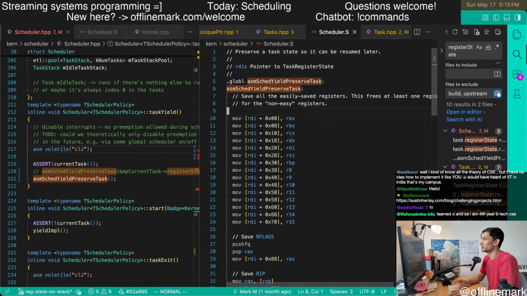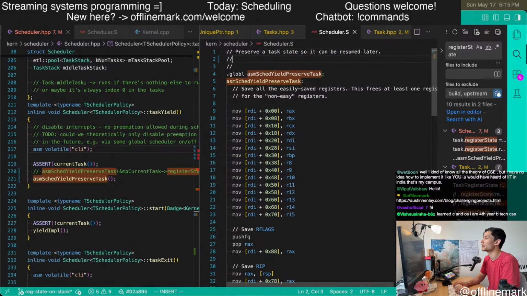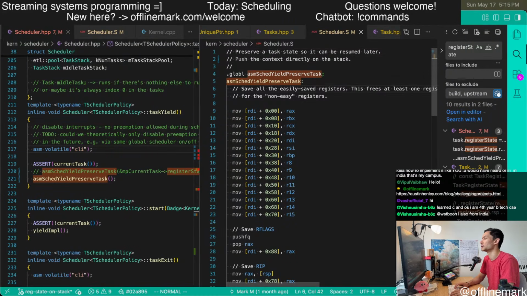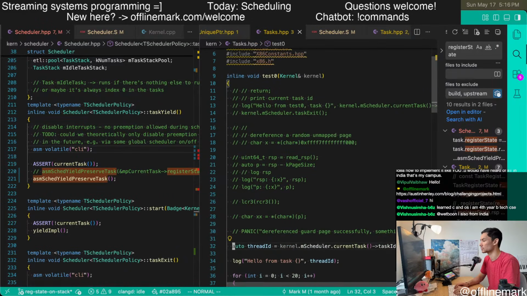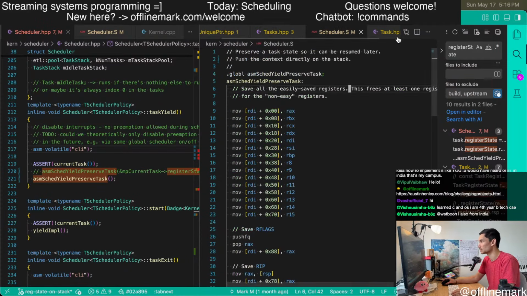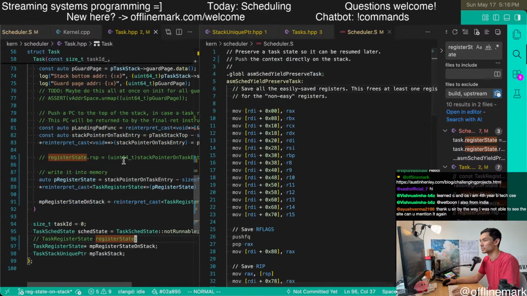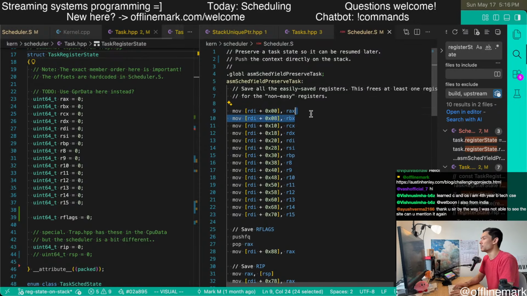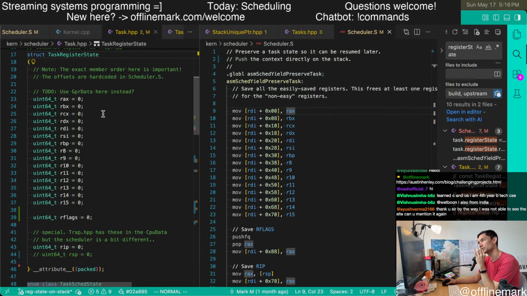So we're redoing this and pushing the context directly on the stack. Sorry, register state. So we need to make sure this aligns up. But I think basically we're just gonna push.